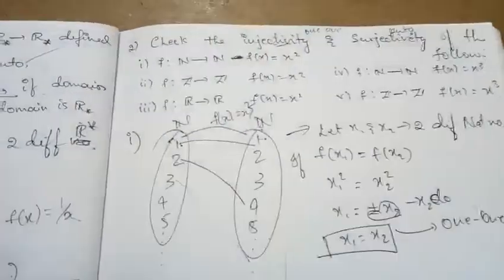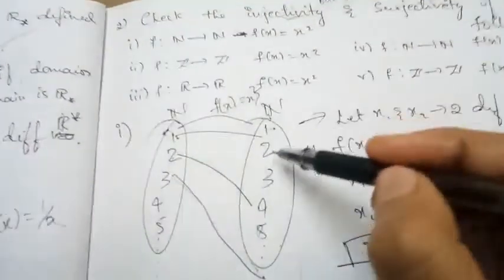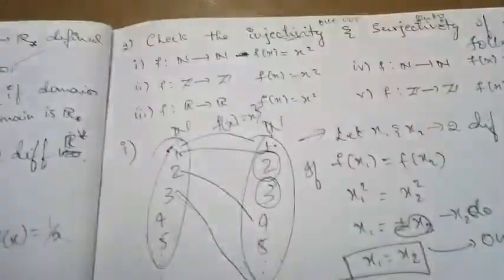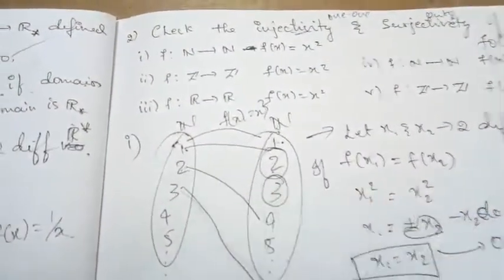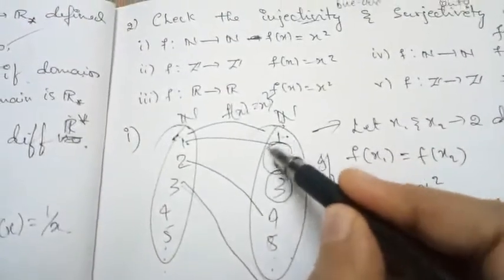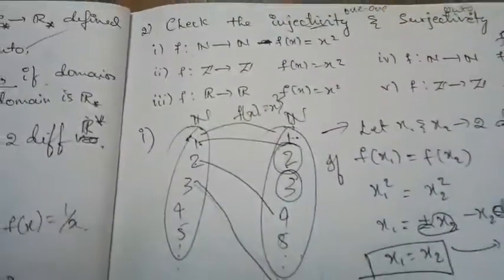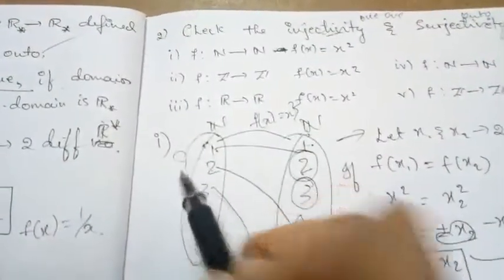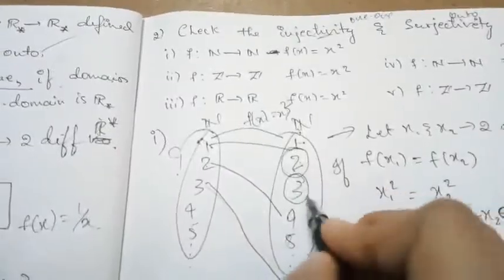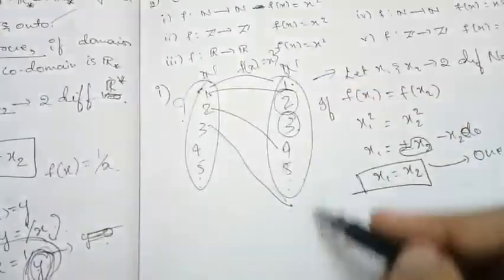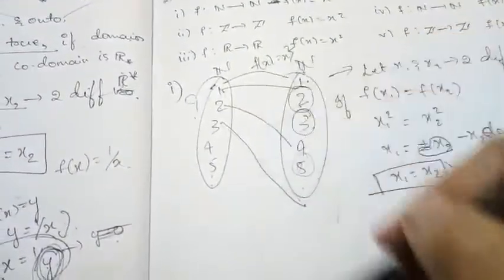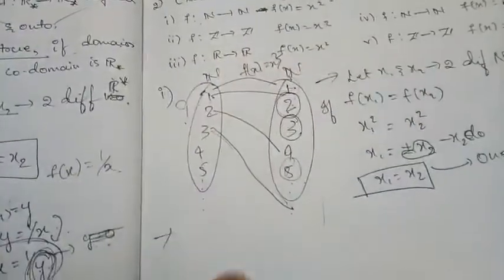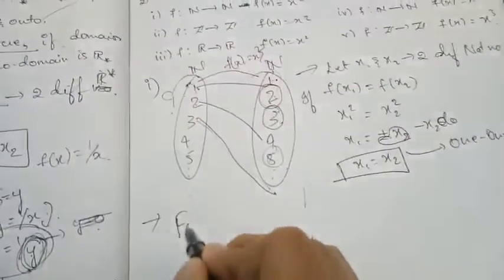Now to see whether it is an onto function, look here, clearly there are certain elements present in the codomain that are not at all an image. You can see here, there is no number in the set of natural numbers such that 2 is the square of that number. Is there any number in the set of natural numbers such that 2 or 3 will become the square of that number? No. So clearly by looking here, all the elements in the codomain are not occupied. So it is not onto. To prove it is not onto, one example is enough. So how will we write?